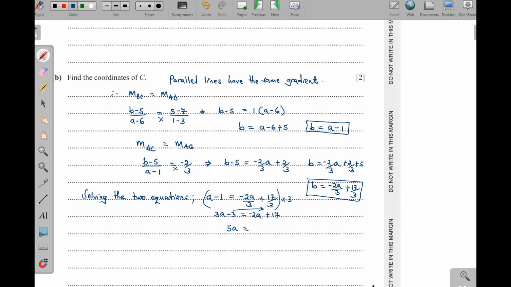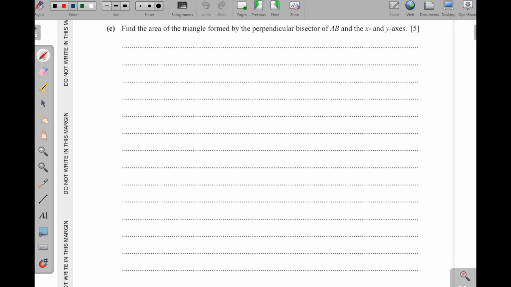Then take this side, it becomes a 20. That means A becomes what? A 4. And then from here, our B is going to be 4 minus 1, which is a 3. So meaning the coordinates of C are going to be (4, 3). As simple as that. Part C: find the area of the triangle formed by the perpendicular bisector of AB and